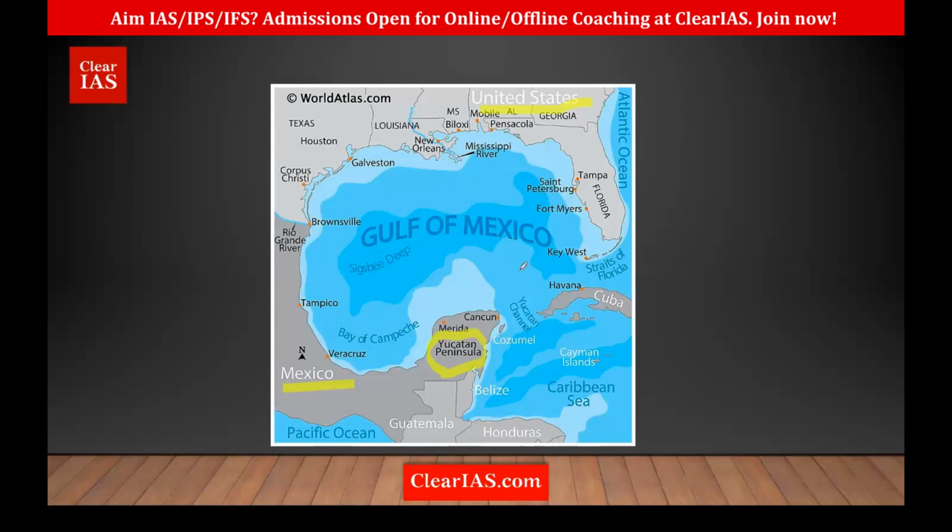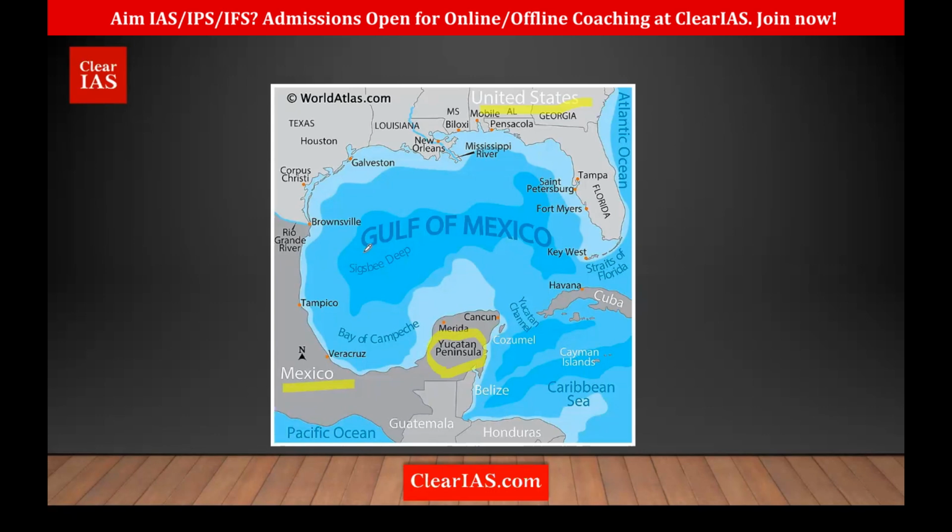Just remember the Gulf of Mexico. One side Mexico, another side the US, and also the Mississippi River empties into what? The Gulf of Mexico. Then we have the Strait of Florida connecting the Atlantic Ocean, and the Yucatan Channel to the Caribbean Sea. And we also have the Caribbean Islands here. Then you have the Yucatan Peninsula. These are things you must remember about the Gulf of Mexico. And the Gulf of Mexico is connected to what? The Sargasso Sea. Okay, through the Strait of Florida. Okay, clear? You must remember at least these.